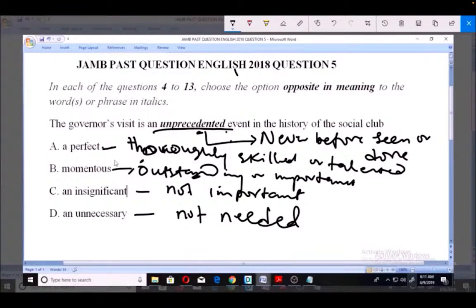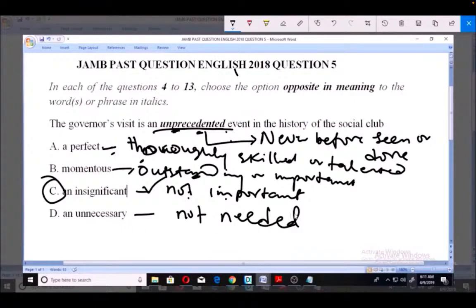You understand? Or something that is so perfect. But the direct opposite to something that is so important that has not been seen before is something that is not important. So you can see that option C is the right answer. This one is not